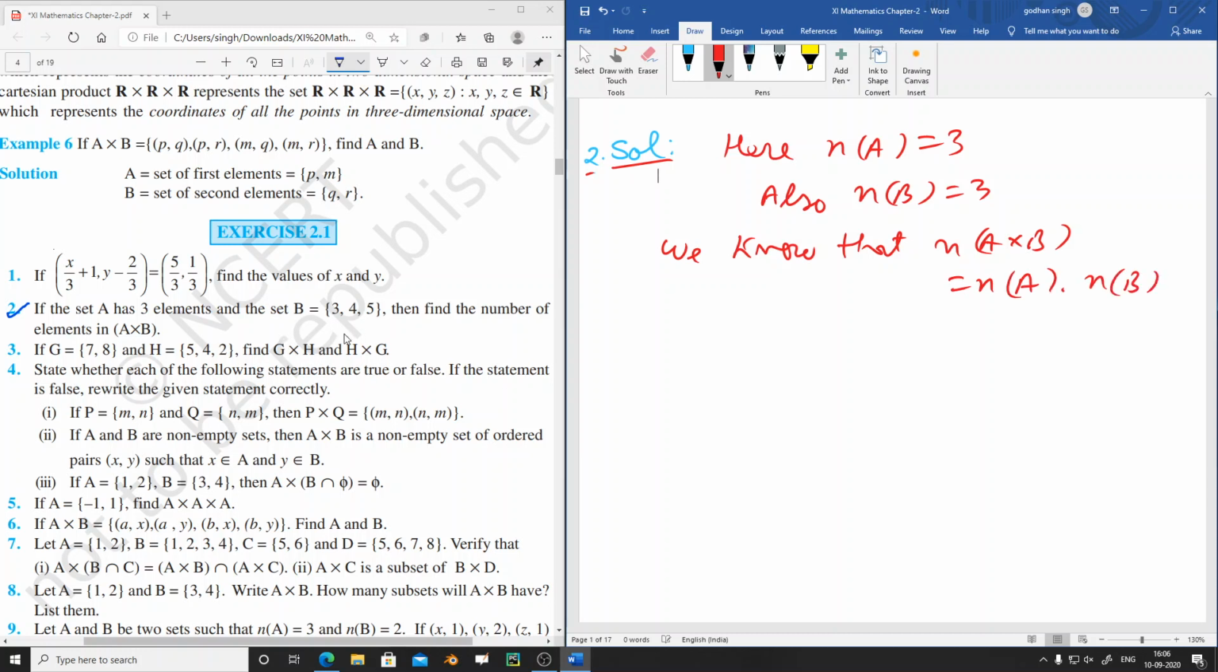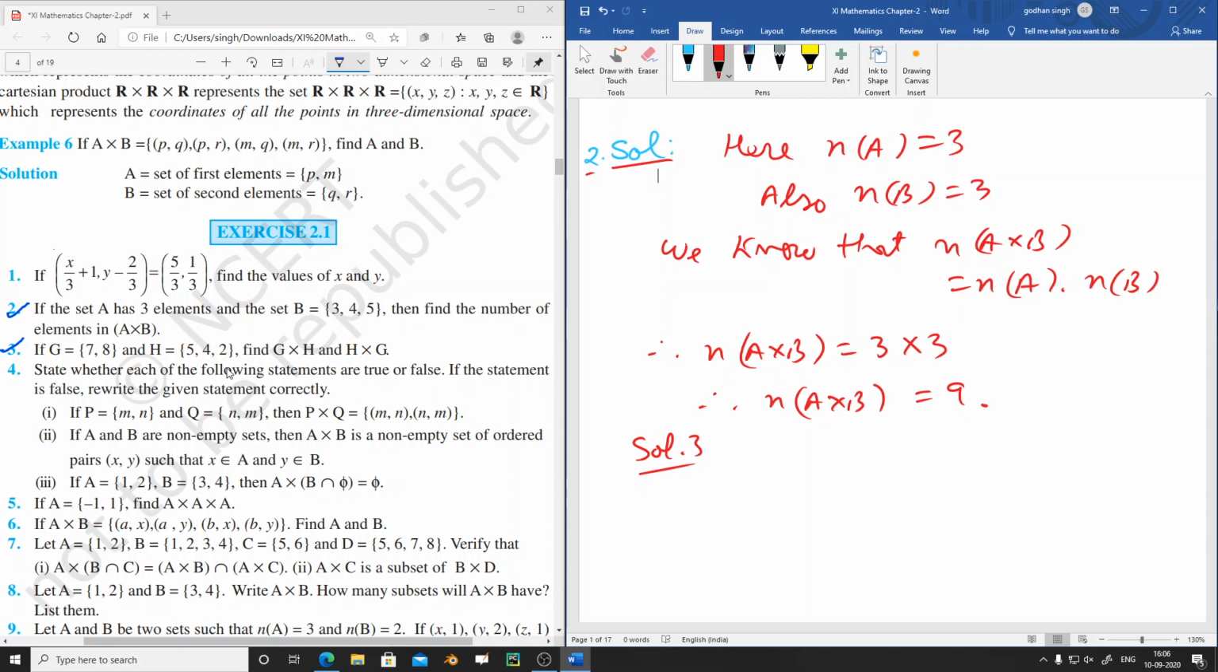Therefore, we have to find the number of elements in the set A cross B. So n(A×B) will be equal to, putting the value of n(A), that is 3, putting the value of n(B), that is also 3, so 3 into 3, that is 9. Therefore, the number of elements in A cross B are equal to 9. Now, let us go to question number 3. Third one is very simple. So, solution of the third one, we are having G equal to the set having elements 7, 8